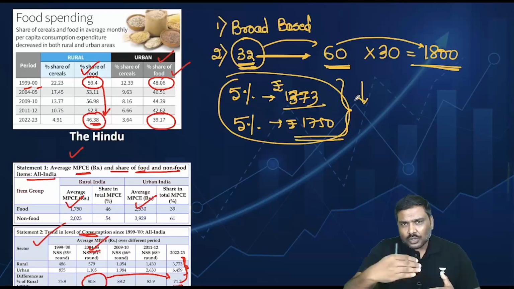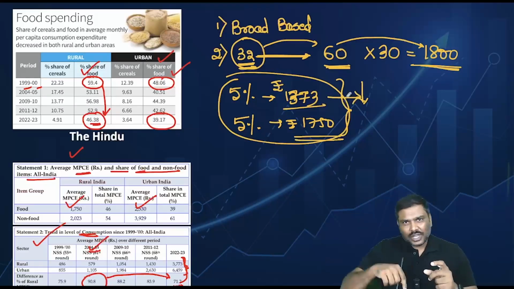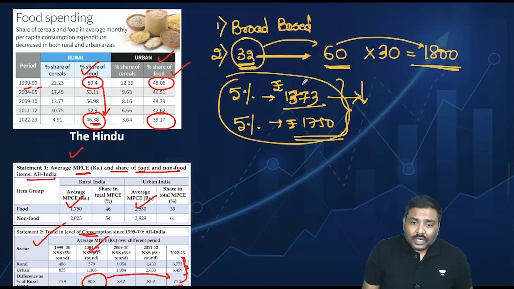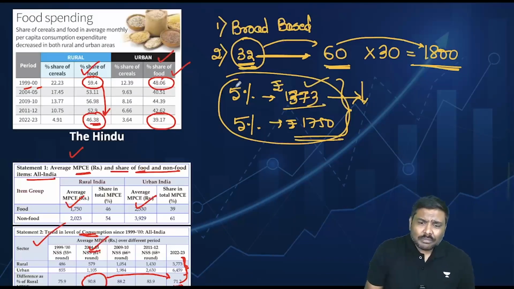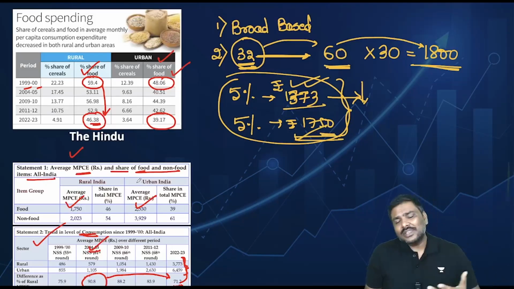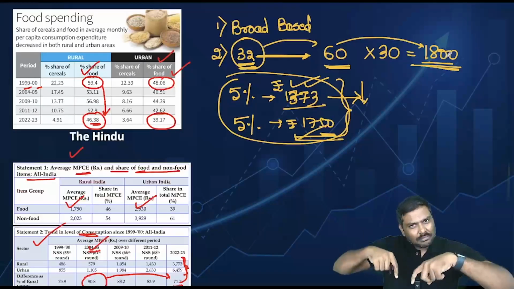In fact, he goes one step ahead and says, this is without the imputed value of social welfare measures. If you include the social welfare expenditure benefit they are getting, this will be much higher than 1373 and much higher than 1750. If you compare that with 1800 rupees, which is the poverty line cutoff, the poverty ratio in India will be much lower.